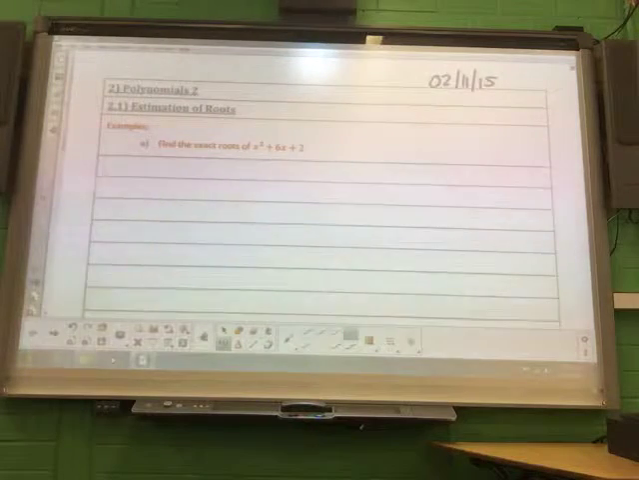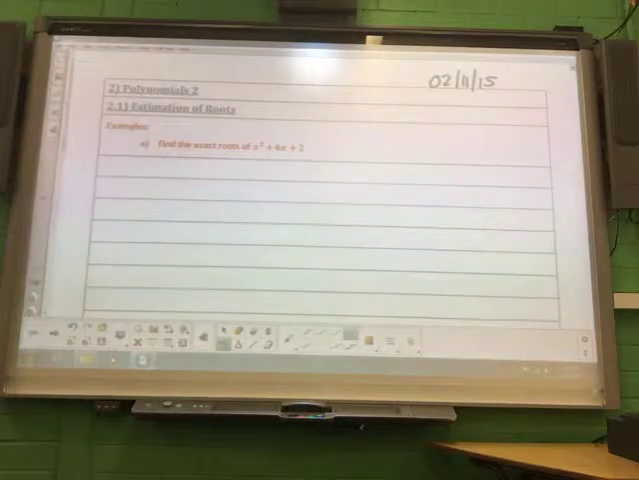Alright, so polynomials. There are only three concepts that we need to look at. The first one, what we're doing in the HC course, is based on estimating roots. Everything that we do in the HC course is estimating roots when we don't have